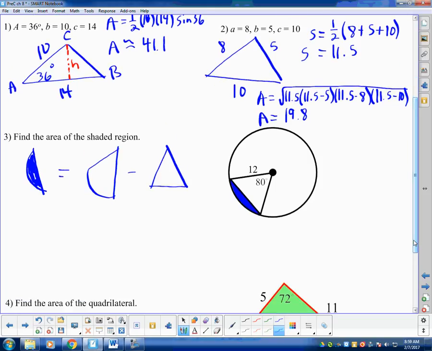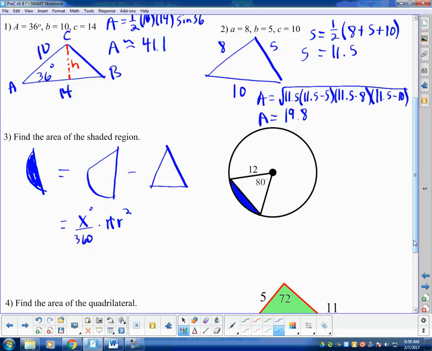So let's go ahead and do that. Area of the pizza is going to be x degrees over 360. So we're taking some fraction of the entire area, pi r squared of the circle. Do you remember that? This is called a sector. And a sector is x degrees over 360. Or like if this were, say, 90 out of 360, it's 1/4 of the area of the whole circle, pi